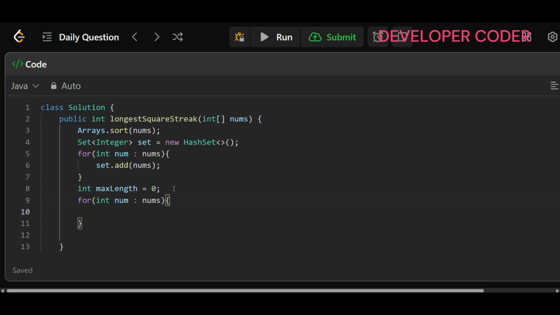Okay, and here after that I'm going to use long start. If I don't use long start, if I use int start, then I will get some issue. So here I'm using long start num. What you guys can do, just give int one time. After submitting this solution you can give int and then see what is the error that you are getting. You will see a few test cases which you will not be able to pass. So that is why I'm going to use long here. And int current length